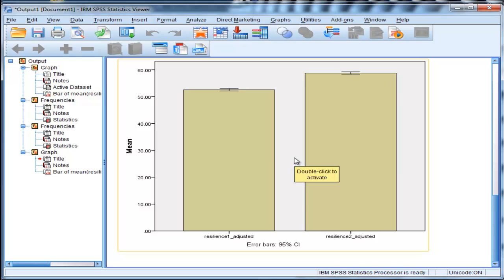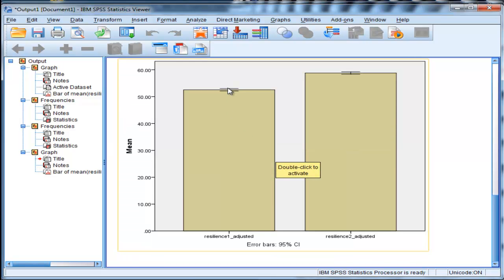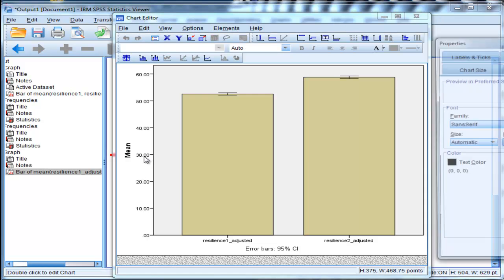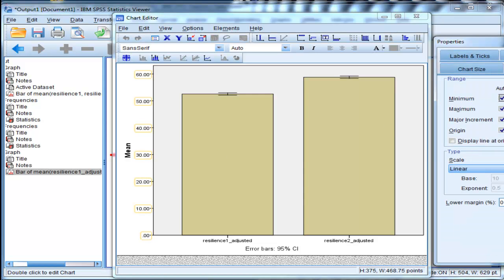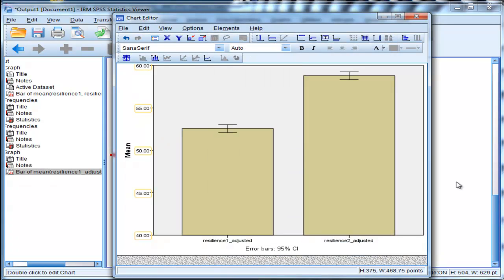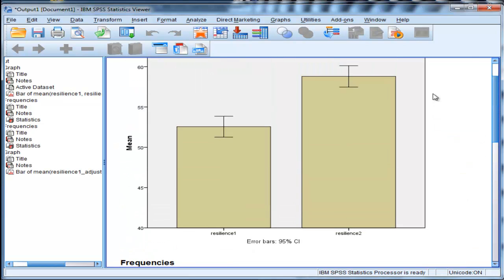So now SPSS has created a new error bar chart which has much narrower standard errors. So I'll just reduce the scale size here so I can compare it with the first one. And I had 40 to 60, got 5, click OK, upper and apply that. Okay, so now we can see that the error bars in comparison to the first one,